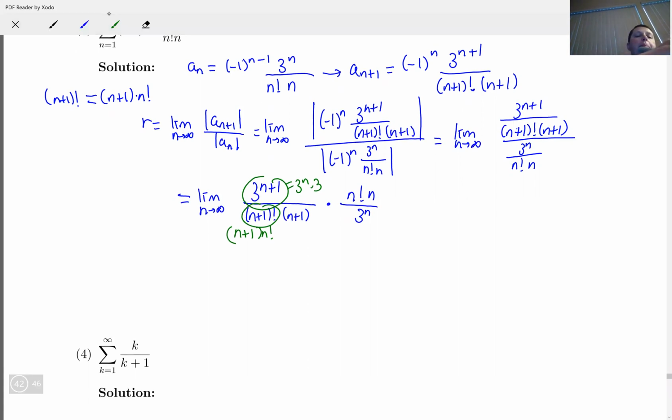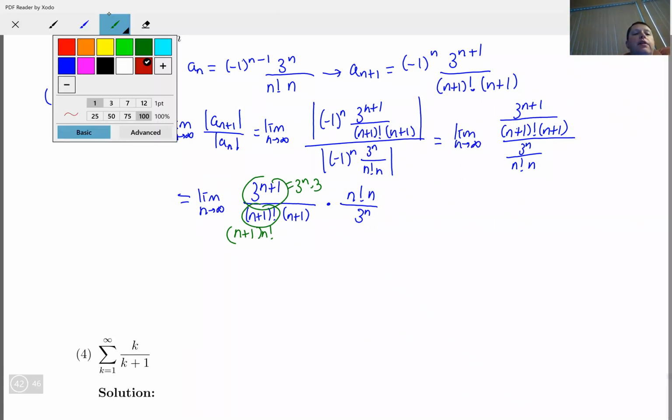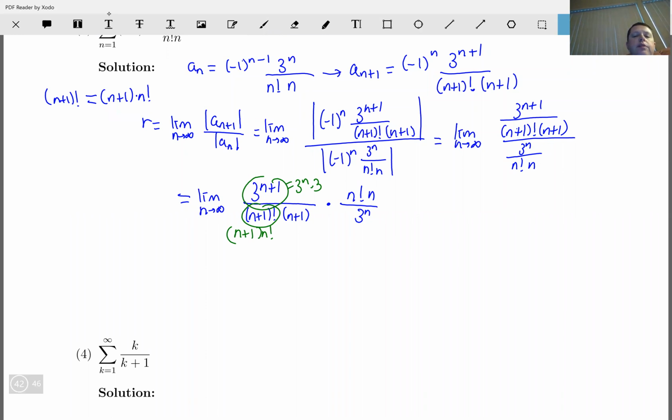So some good stuff is going to cancel. This guy cancels with this guy, and this one cancels with this one. And we're going to be left looking at the limit as n goes to infinity of 3n over (n+1) times (n+1),